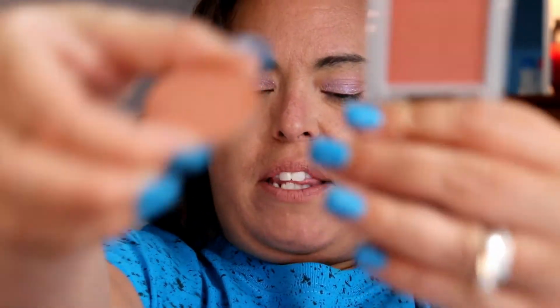So let's see what else we got. We've got a couple blushes. Gotta be smarter than this blush, apparently. Where'd I put my tweezers? There they are. They're hiding. Close in color. I am not upset about this. Let's open this Ofra brush. And I think I am gonna blend one of these into my crease. And that is an Ofra blush. Sorry, I'm looking for a good brush for this. And in the color Winter Rose Glow. And guys, I'm not wearing glasses, so if it looks bad,